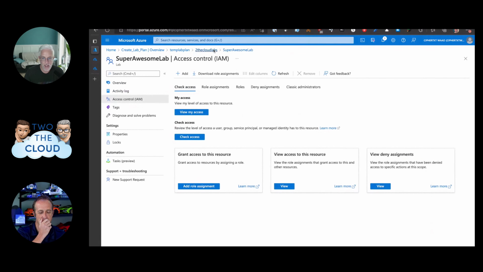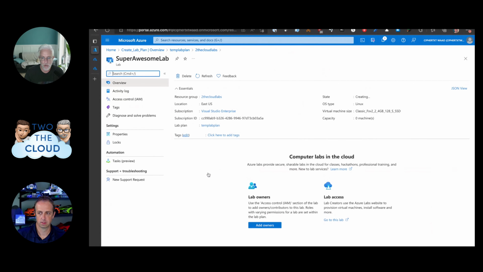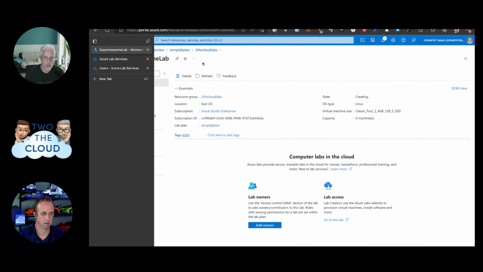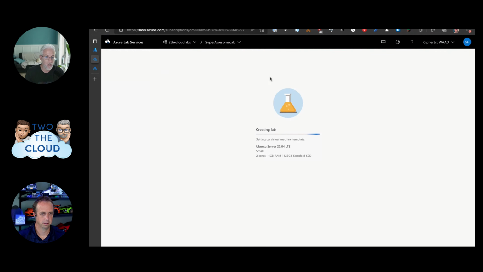That's all just standard Azure RBAC, right? I'm just going to give access to this resource, but everything else is managed here. So you can see here's my virtual machine size that was spun up for this particular lab. All that stuff is just fixed data at this point. I can't make any changes to it. And really, if I wanted to make changes to it, that means creating an entirely new lab, either in a new lab plan or within the existing lab plan. Got it. Because once a lab is created, it's pretty locked down in terms of changes that can be made.